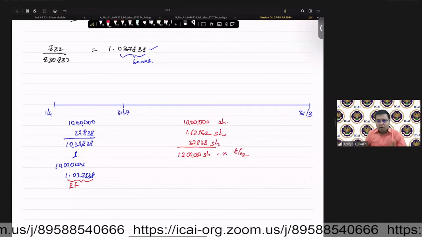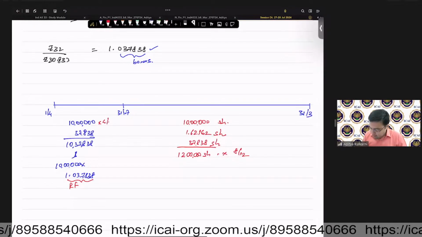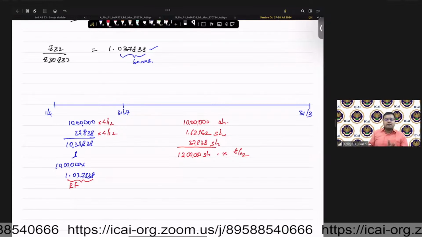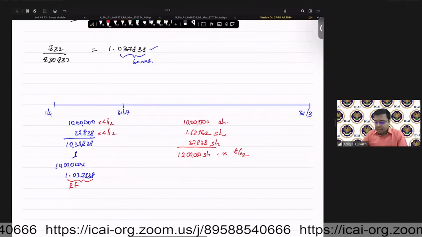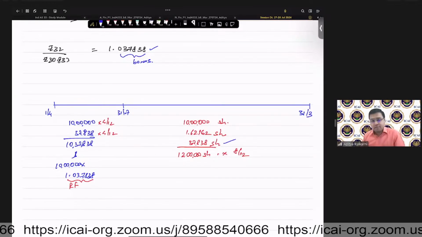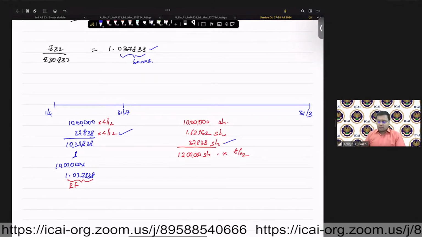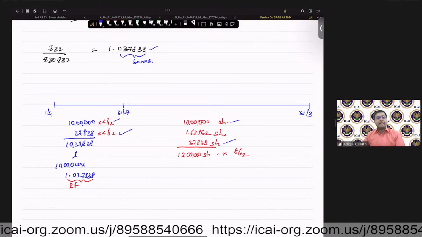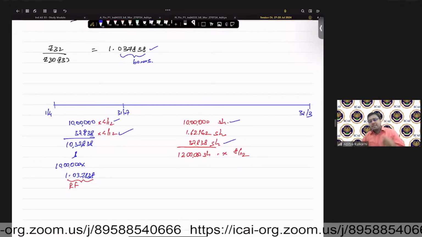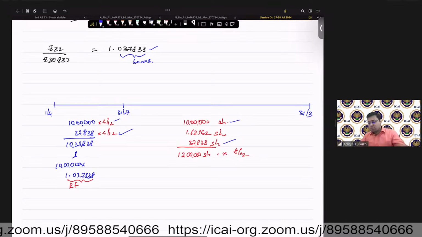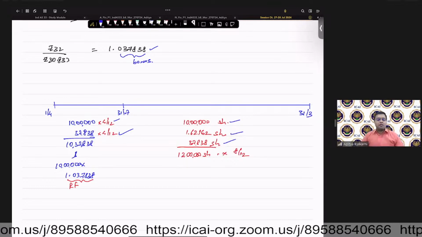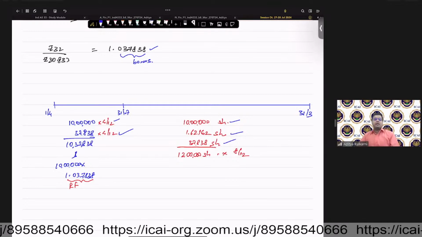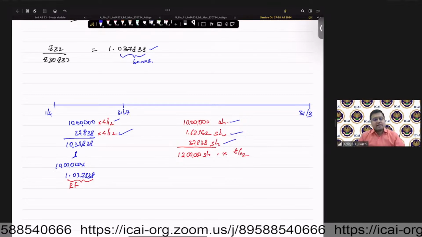So have I considered bonus entirely? Answer is yes. This is into 4 by 12 and into 8 by 12. Is the bonus element considered for the full period? Answer is yes. I considered it for 8 months and for 4 months. 10 lakhs, have you considered for the full 12 months? Answer is yes. 10 lakh for 4, 10 lakh for 8. The rights issue that has happened at fair value, those shares are considered for a tenure of 8 months only, which is why, instead of doing it this way, you are having that rights factor calculation.